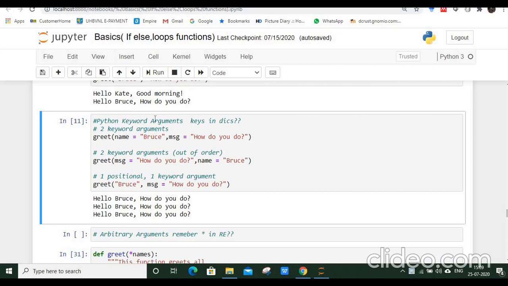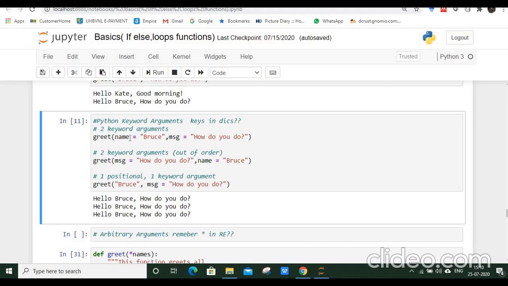Then Python has a provision of keyword arguments for passing the values in such a manner. So see, when we are calling this function greet again, now I'm passing the value of name as Bruce and the message is equal to how do you do.